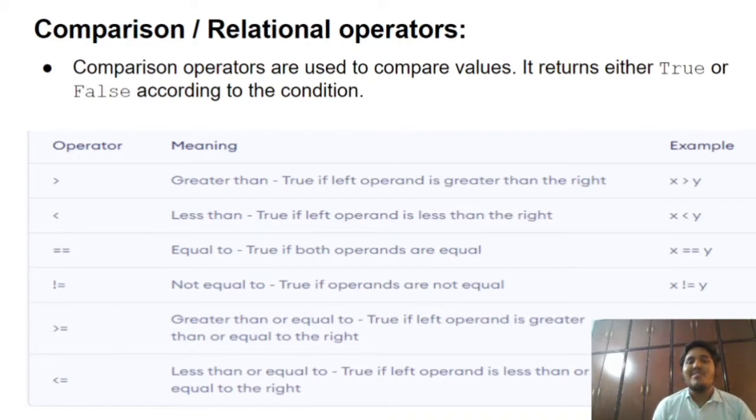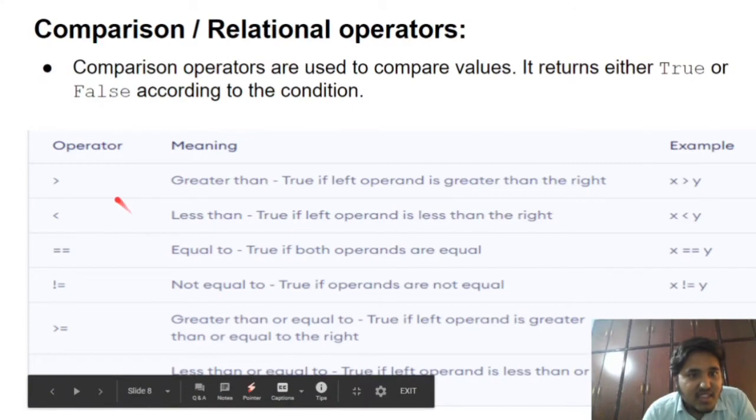Comparison or relation is a very general term from our childhood. We compare ourselves with our friends. Everything in this world is comparable, right? Good and bad, white and black, cash and creed, everything is comparable. How can we compare them? What are the comparison operators that are present in Python?